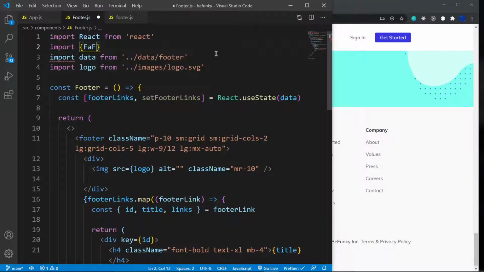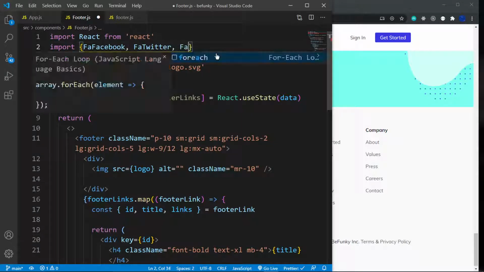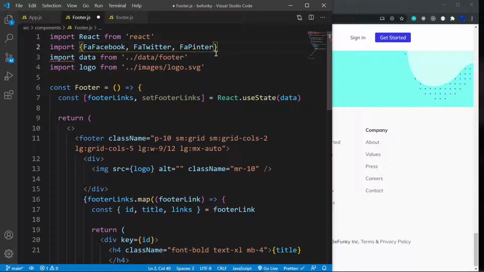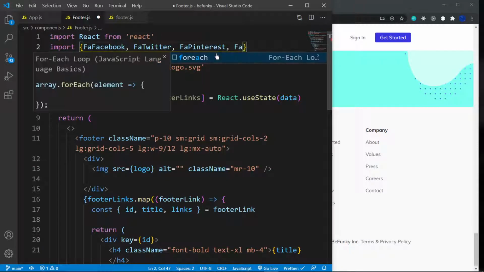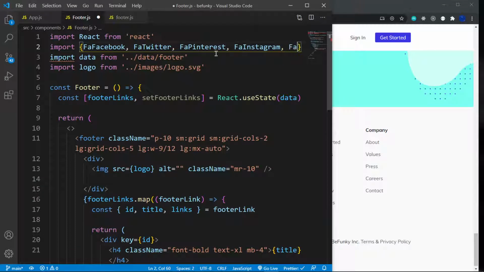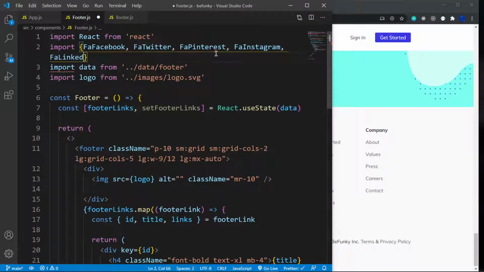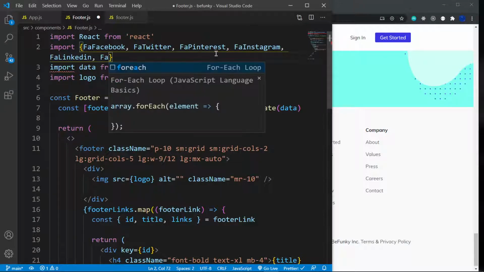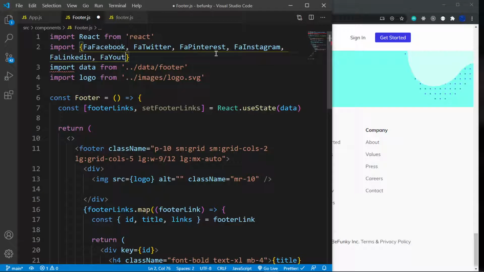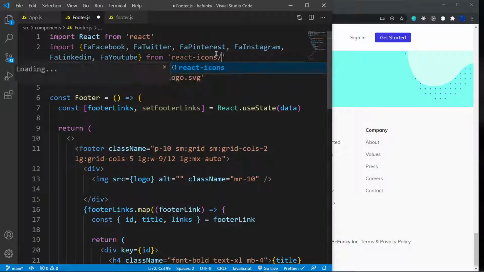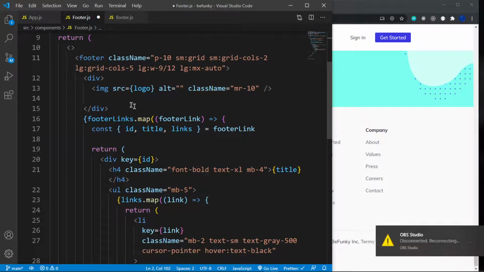So I'm going to say import FaFacebook, FaTwitter, FaPinterest, FaInstagram, FaLinkedin, and FaYoutube. Is it capital I or small I? And what is the last one? YouTube. Like that, and all of this is coming from react-icons/fa. And then to use them,